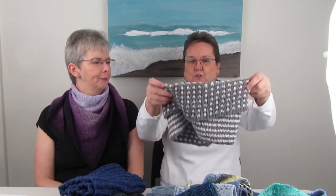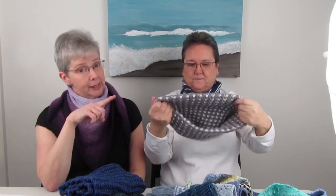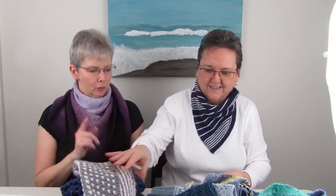Oh my goodness. Another pink and gray one, which is nice because it has the two... Yep, it can either be striped on the outside or it can be that on the inside. Yeah. And this is by Tanis Lavalley of Tanis Fiber Arts is the pattern. How do you remember all this? I can't always, but it's some...